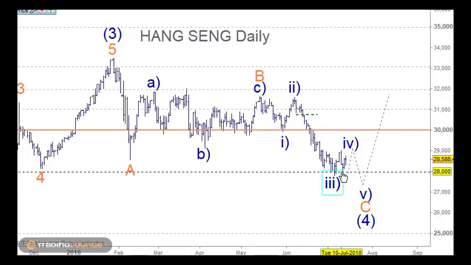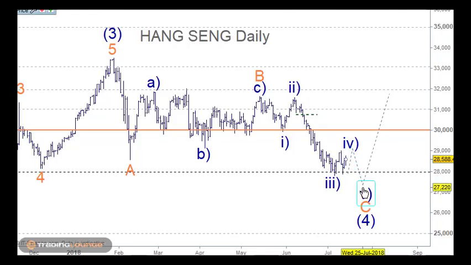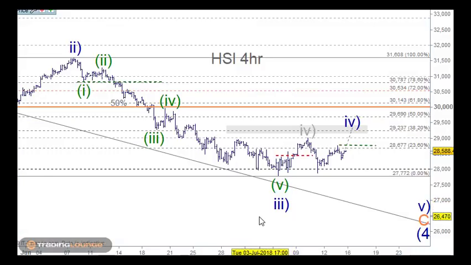So an A wave, a B wave, and a C wave for wave 4, and then down for wave 5, which won't be very long here, because the extension's in wave 3. So wave 1 and wave 5 will be roughly the same. So if I go to the 4-hour chart here, wave 2 here, counting 5 waves down here,